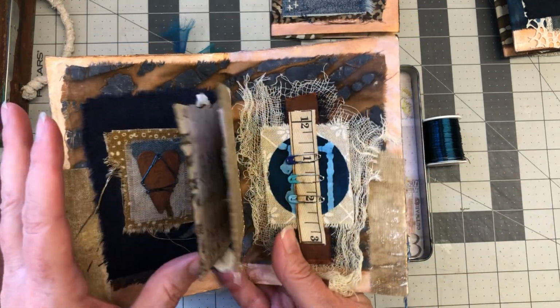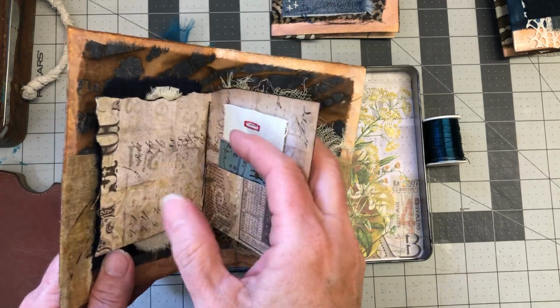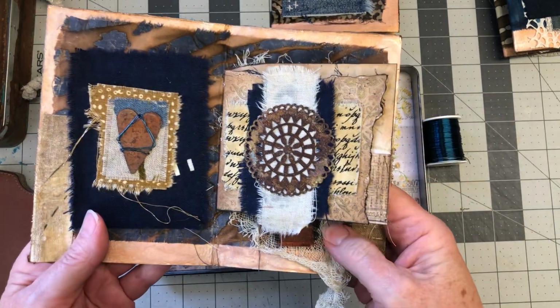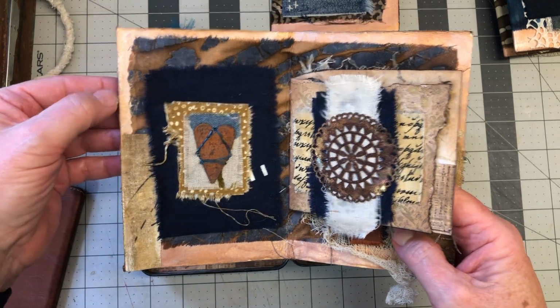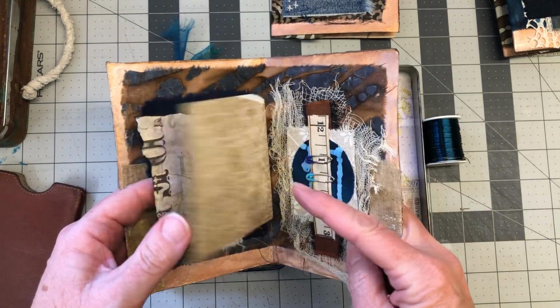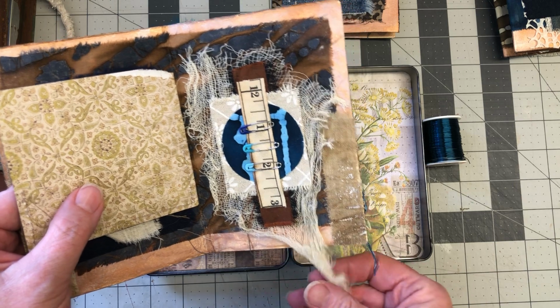So when I took it out, it had actually dried together. And when I opened it, it was all lifting here and kind of peeling back layers of the paper. So rather than get upset about it and chuck it away and start again,